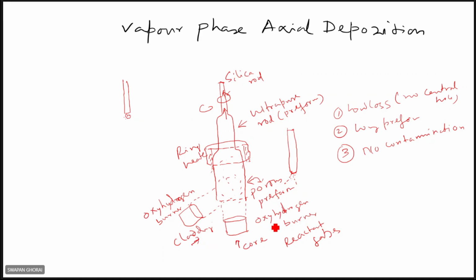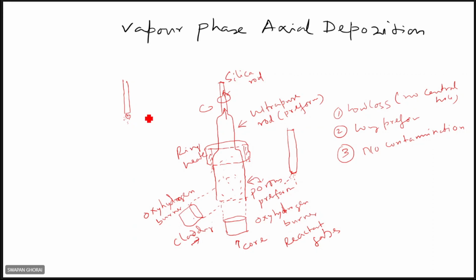These are used for core and clad, right? This is used for cladding. This is used for core. So different mixtures of reactant gases are injected so that the deposition occurs at the outside of these target materials